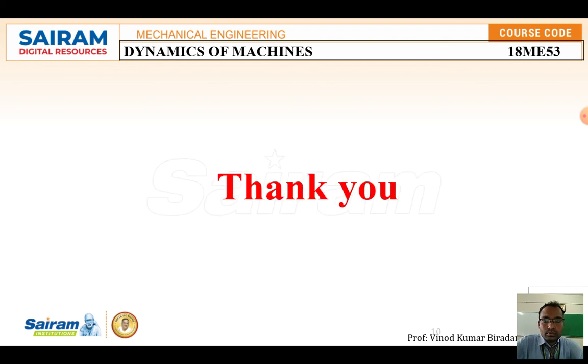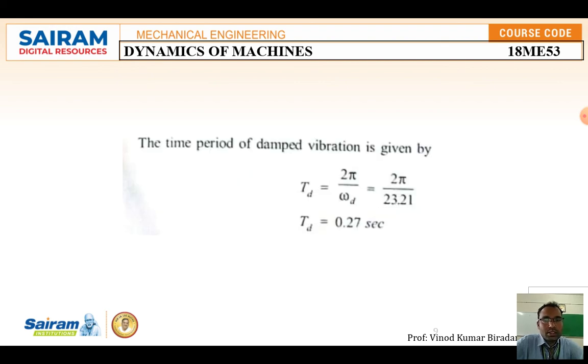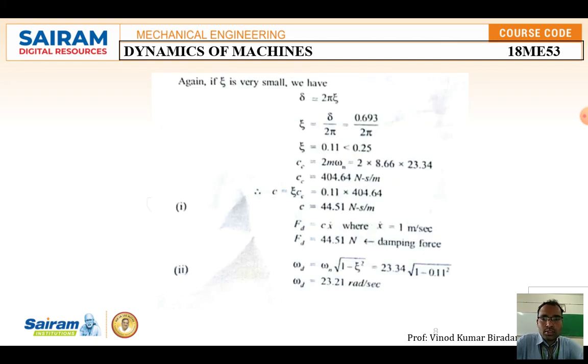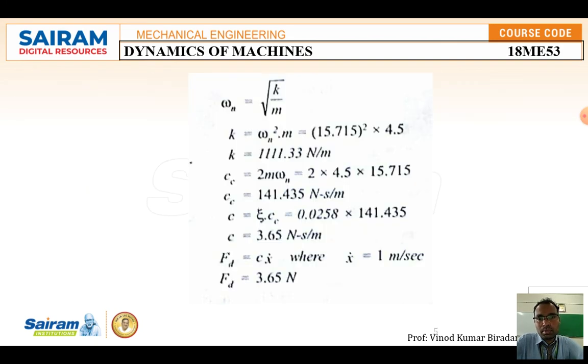Like this, you have to calculate the numerical problems on the spring mass damper system. This is a very important type of problem. Here all the formulas may make you confused. It looks like all problems are similar, but you have to remember the symbols and which formula you are going to use: damped time period, frequency, omega n, f n. Like this, you have to solve the numerical problems on a spring mass damper system.